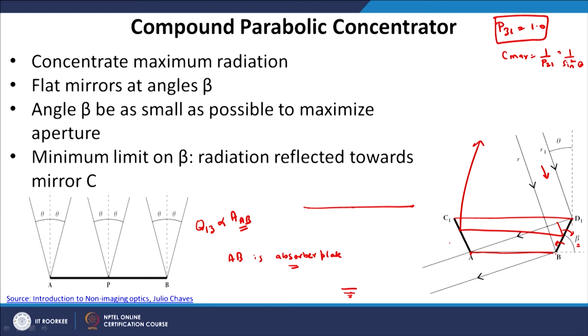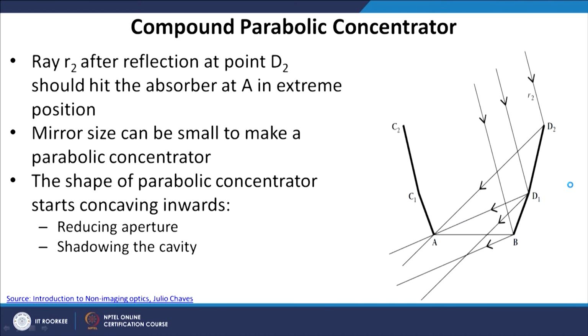Now, once we have decided what will be the minimum angle of beta, we have fixed the aperture size. Now, we want to increase more, so we can add more mirrors. So, in this case we have added more mirrors. Again we decide what angle should be there. Here, what we decide is whatever radiation is coming from direction R2 should pass through A again. Okay. So, that it is not reflected back. If it is greater than this value, then it will fall onto the mirror and it will be reflected back. So, whatever extreme radiation falls onto this mirror should be coming to A.